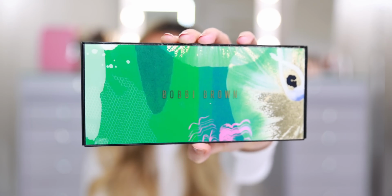I'm planning to do another tutorial using this palette because since I did that look, the original look, I've played around with this so much almost every single day. I just cannot get enough of this palette, and I've created a couple go-to looks that I've been using consistently in a lot of my videos. I think this is just ideal for me. This color story, the texture, the formula is amazing, but these colors, this is exactly what I want in an